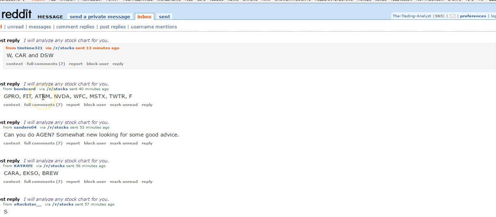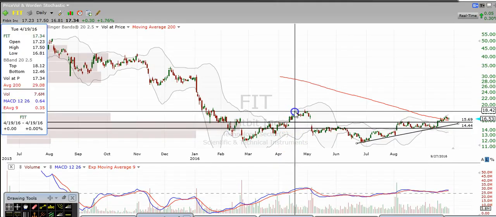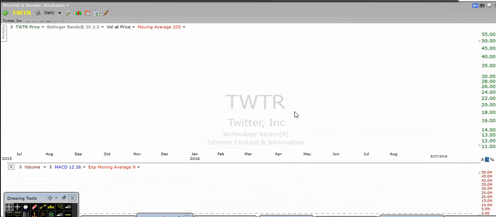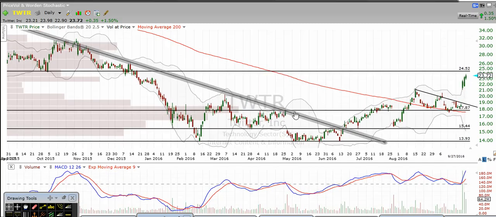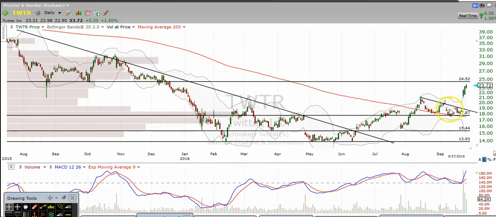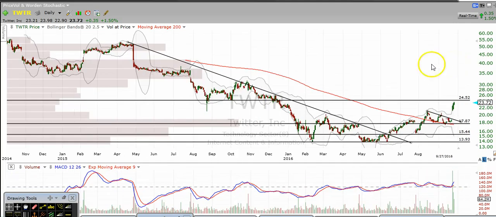All right, next let's take a look at Twitter. Twitter is one that we were long from down here, and we just sold today into this resistance right here. Nice action here. Definitely can head higher, don't get me wrong, but we are heading into this resistance right here, up here, okay, and that's going to be a key level